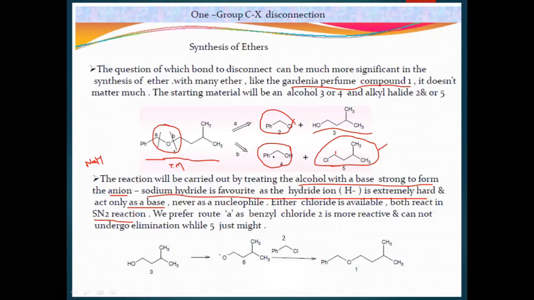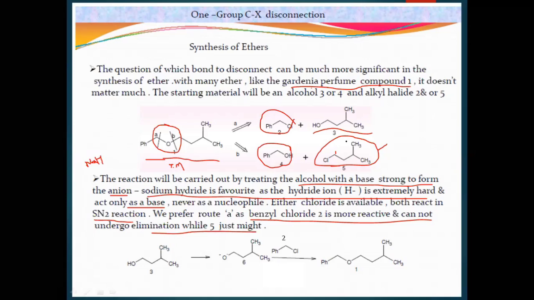One step SN2. SN2 is a single step reaction, and the reaction intermediate is the formation of a transition state, right? Okay, so the chloride is available. Both reactants react in the SN2 reaction. We prefer route A, as benzyl chloride 2 is more reactive and cannot undergo elimination while 5